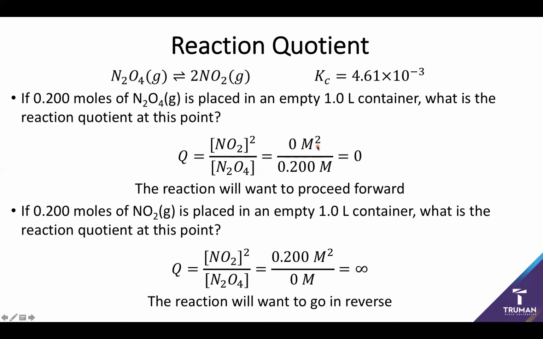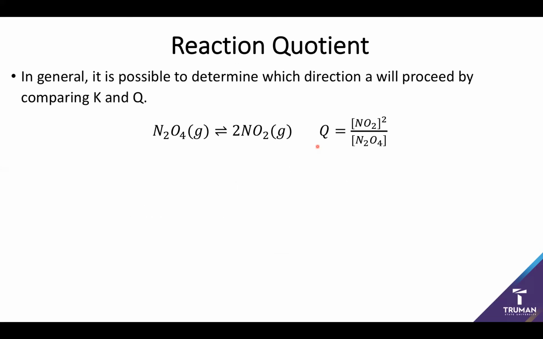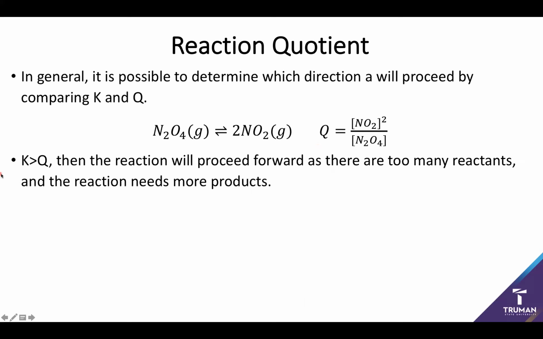We'll see some examples of that. So let's go ahead and try to figure out, if I have an individual Q and an individual K, which direction the reaction will go in a more general system. So again, let's say that I have a K that is greater than Q. I'm going to encourage you to always write the K on the left and the Q on the right. So in this case,